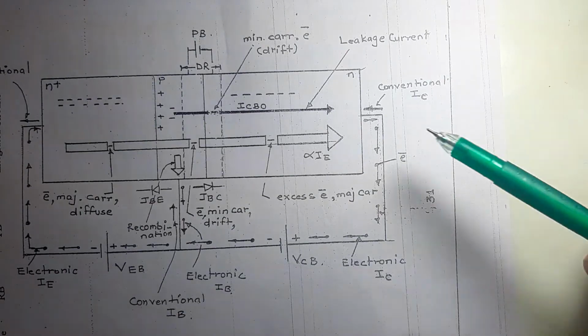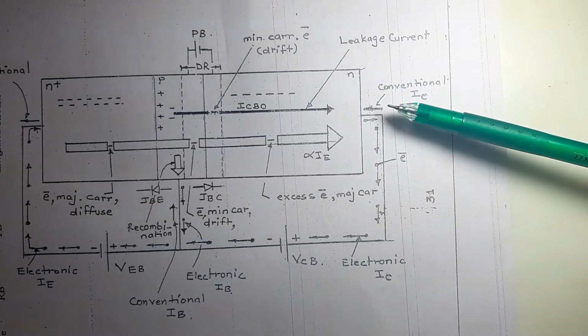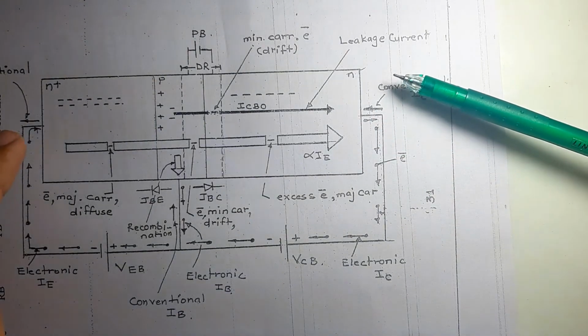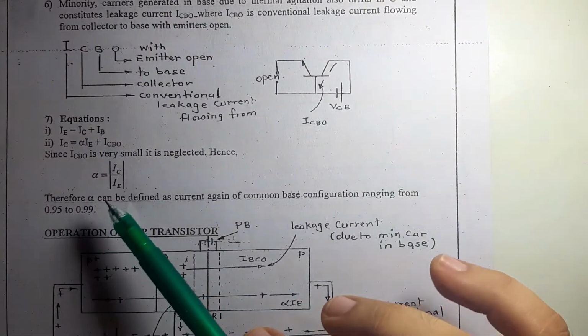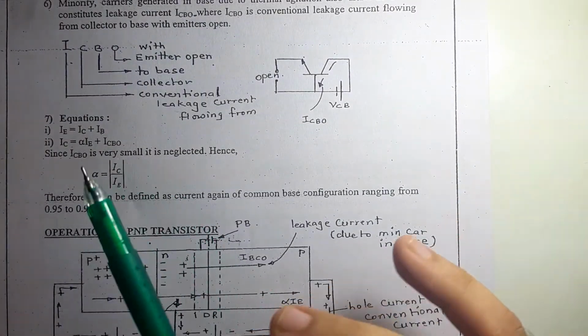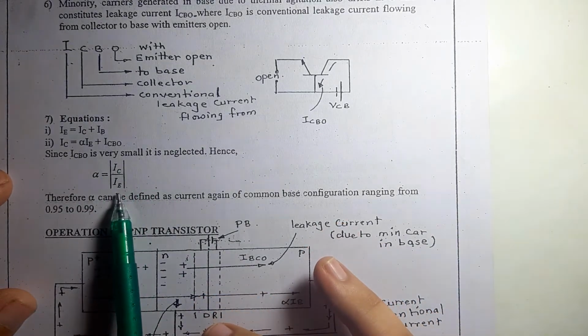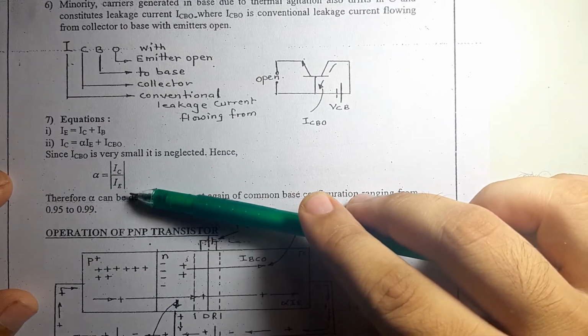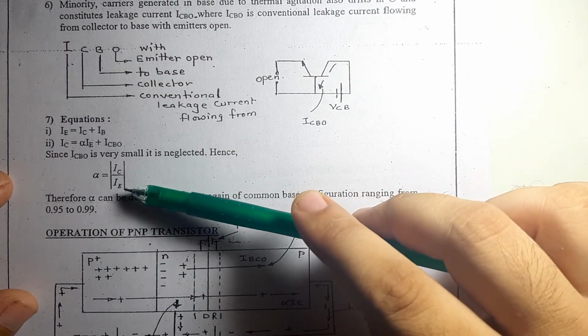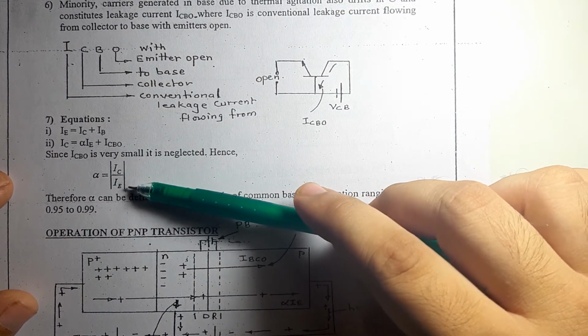हाँ, यहाँ से सर्किट डायग्राम में आपका इनपुट IC हो रहा है पर आपका आउटपुट IE हो रहा है. Now if you look into the diagram, if you look into the equation, alpha is equal to IC upon IE. Now IC upon IE is in the format of output upon input. Output upon input is given by gain.